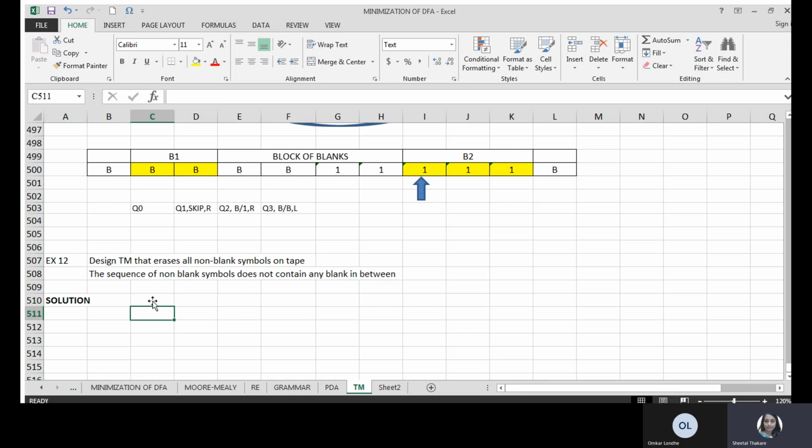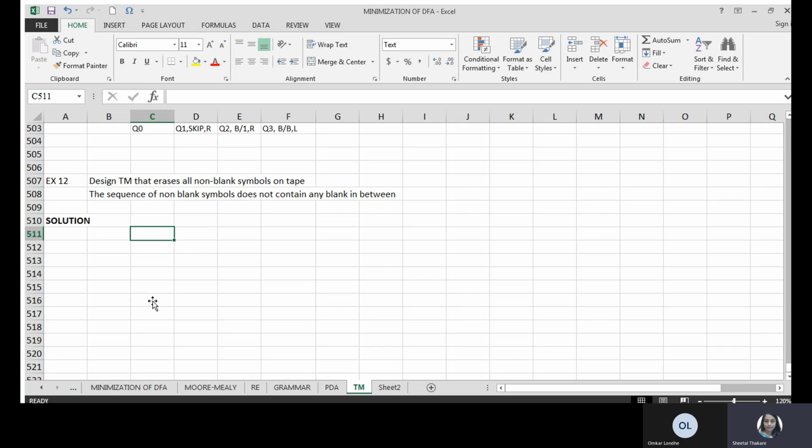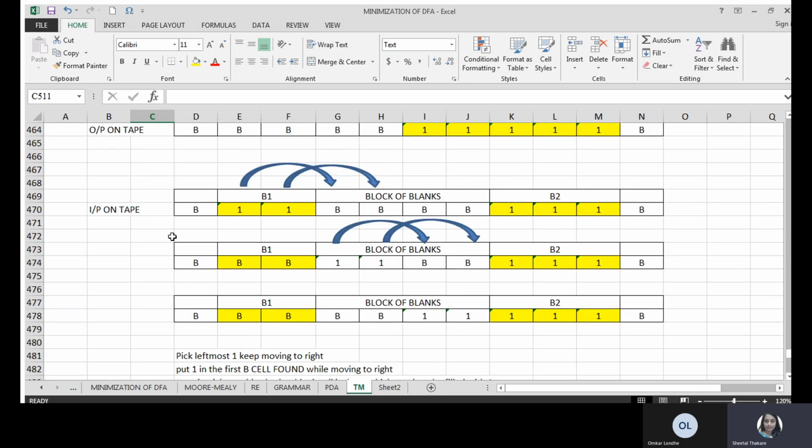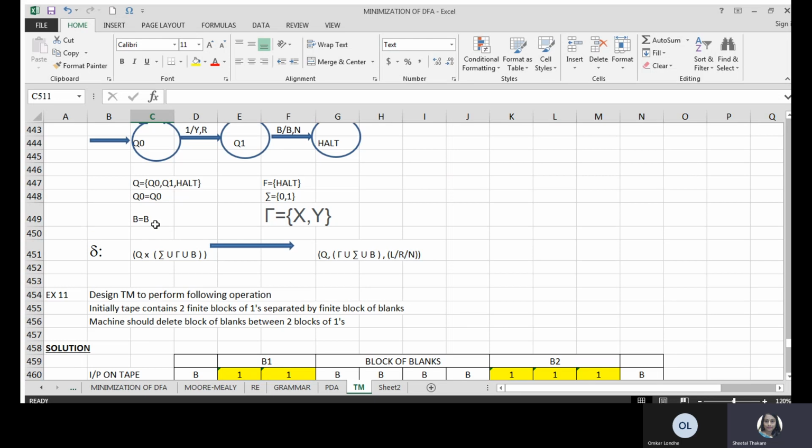that is, the transition diagram. Now in the sum itself it is said that you need to erase all non-blank symbols. So the value of sigma or summation is not given here. Summation is the finite set of input symbols. So here you are at liberty to decide which symbols you want to work with. So we will consider,